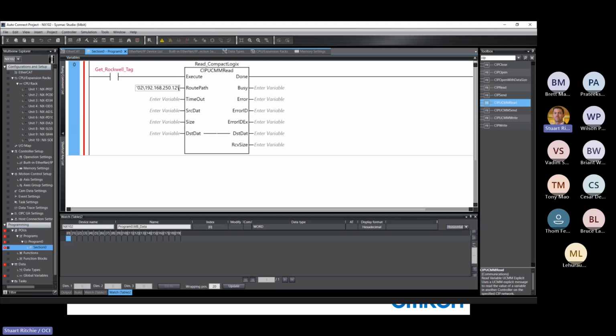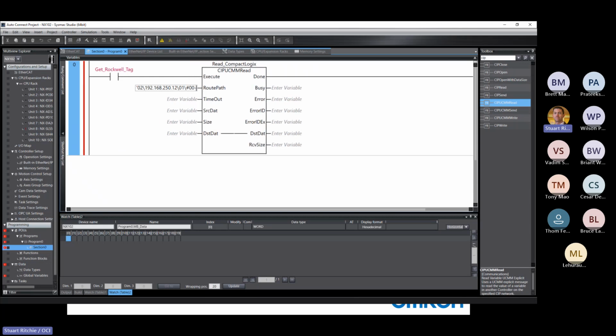And then this last portion of the route path is specific to the PLC that I'm messaging. So it will be outlined in their manual, but you'll also have an example in this manual. So 01 is their interface, and 00 is how we get to their CPU, which is where this global